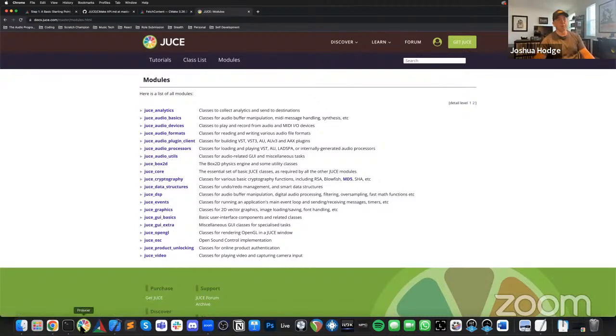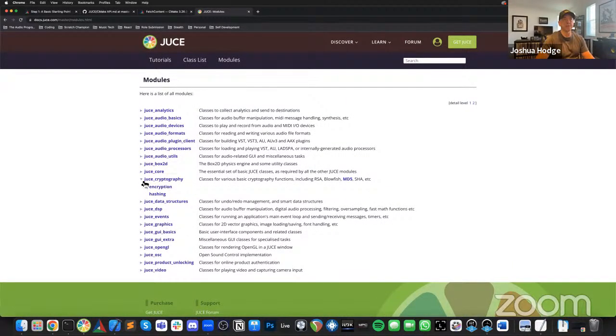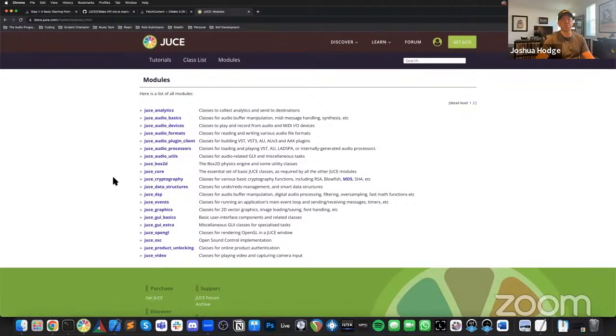And also in the Projucer, you can actually set which modules to include and which ones not to include. So for instance, you probably wouldn't want JUCE cryptography,